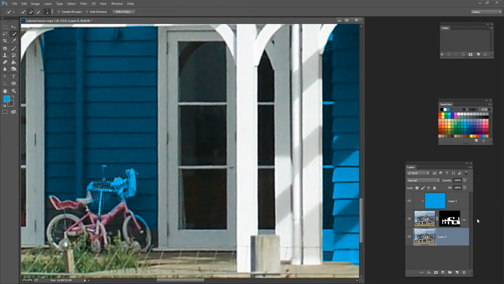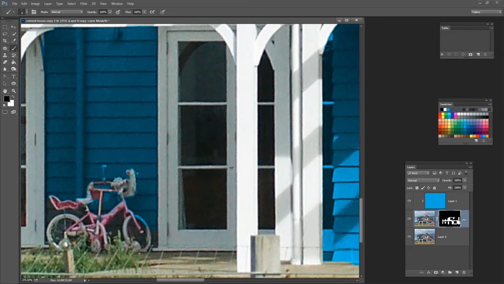And when I'm reasonably happy with that selection, I'm going to go and select my mask again. Ask myself, do I want this included in the blue area? No. Do I want it excluded? Yes. So black paint is what I need. I've got black as my foreground color, Alt Backspace, Option Delete on the Mac. And then just press Command or Control D. And I'll probably finish this off with a very small amount of paint work,